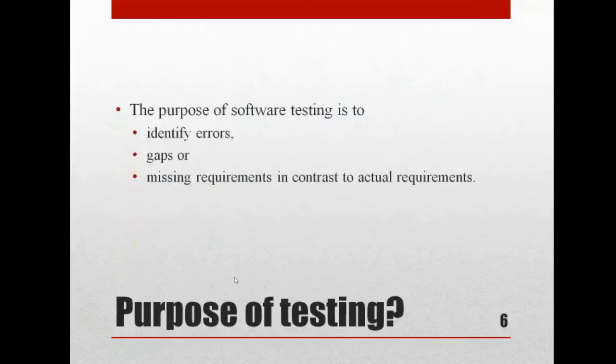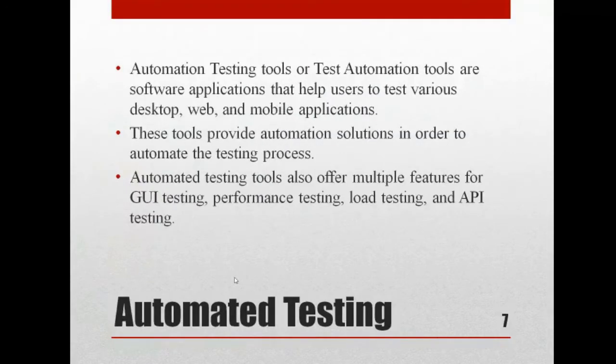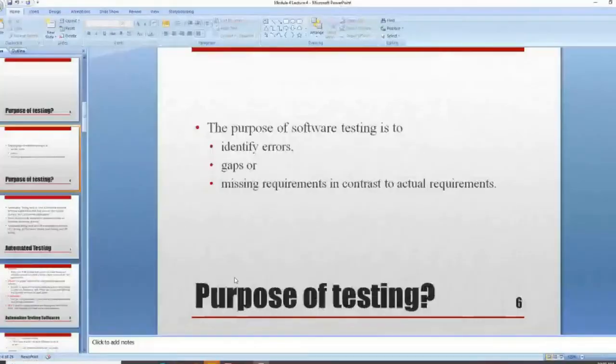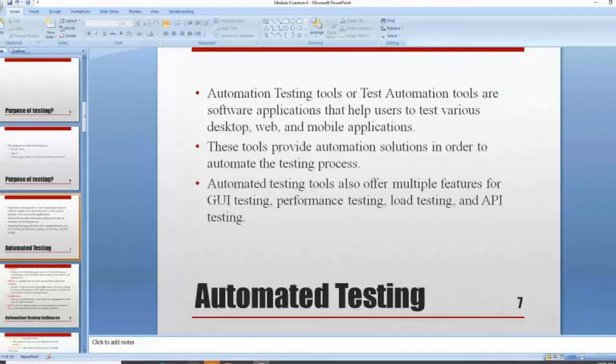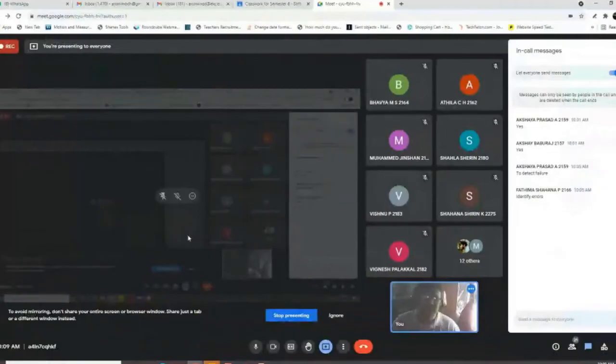Right. Next, recently, for the past 5 to 6 years, automation testing has been playing a major role. So, what do we mean by automation testing? Automation testing helps the user to test various desktop, web, and mobile applications. There are many possibilities with automated testing, because if you are doing it manually, it may take too much time. For example, if you are testing an online shopping website,